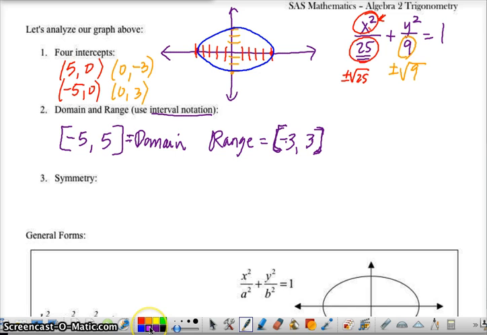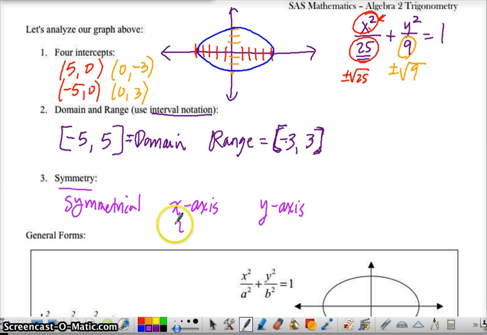Now, is an ellipse symmetrical? Yes, it's symmetrical. It is symmetrical with respect to the x-axis in this case, and a vertical line, so it's x equals 0, or it's symmetric with respect to the y-axis. Or in this case, it's going to be y equals 0 and x equals 0, those lines. So your lines of symmetry will rotate or switch based on where that ellipse ends up. When the center's at the origin, 0, 0, then your lines of symmetry are x equals 0 and y